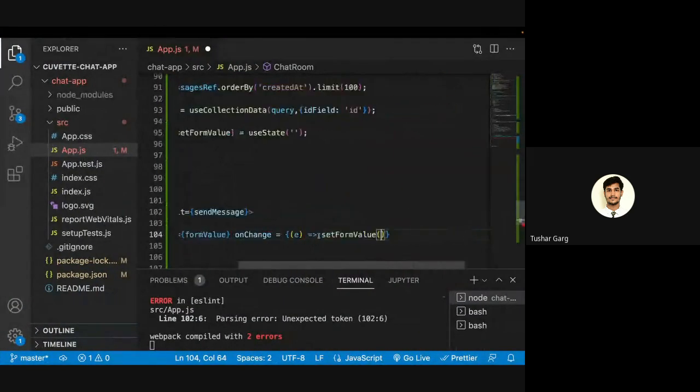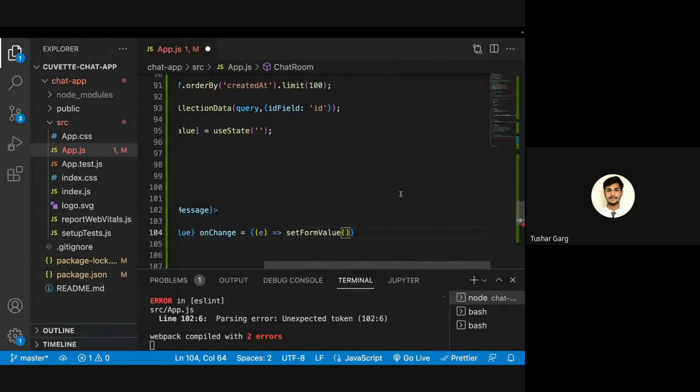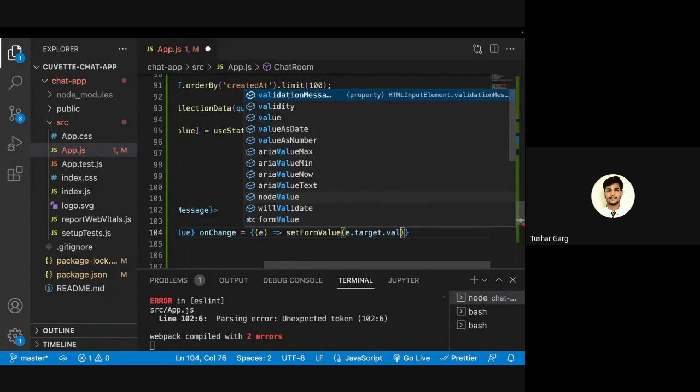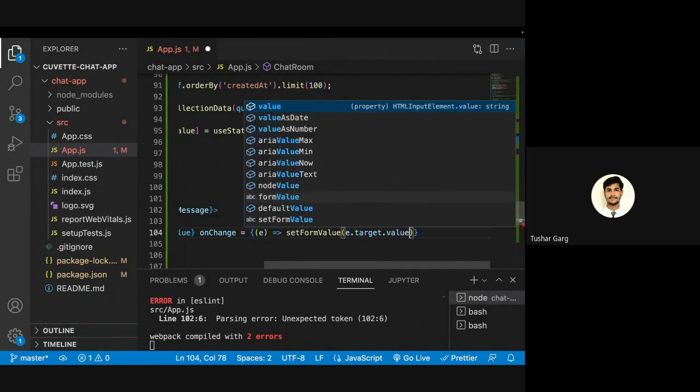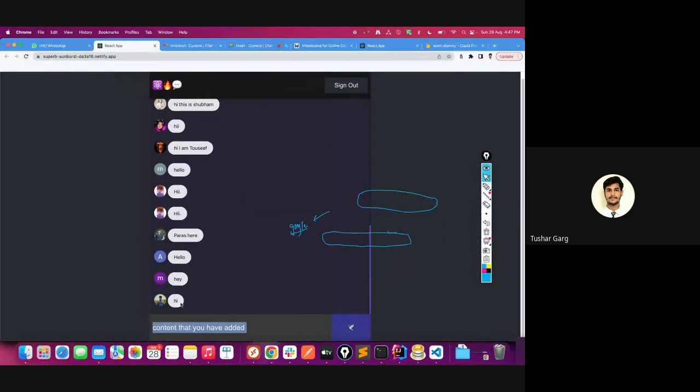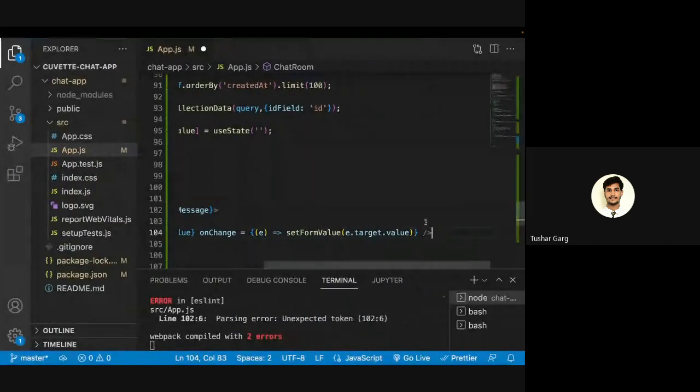So on change I will be setting the form value e dot target dot value. ये वाली चीज आपको थोड़ी सी कम समझ आएगी, because if you're good with JavaScript you will get it, this is very obvious, but if you're not very comfortable with JavaScript you will find it a little disturbing. But I am trying to tell you that whatever the variable string that you have kept here, उस variable string को मैं form value में डाल रहा हूं बस, ठीक है।